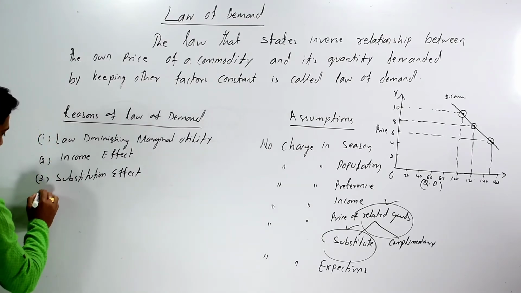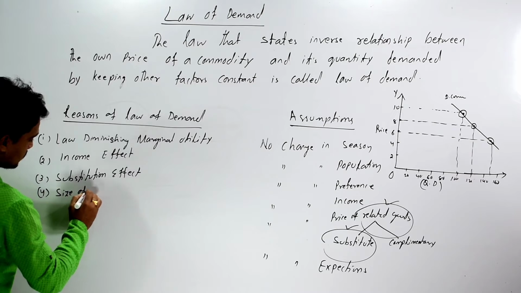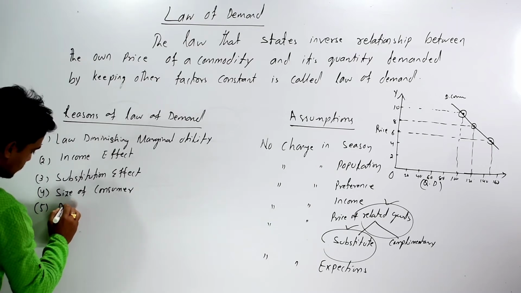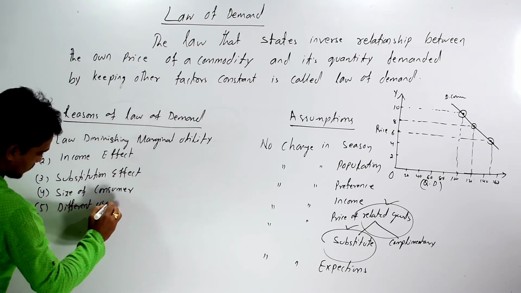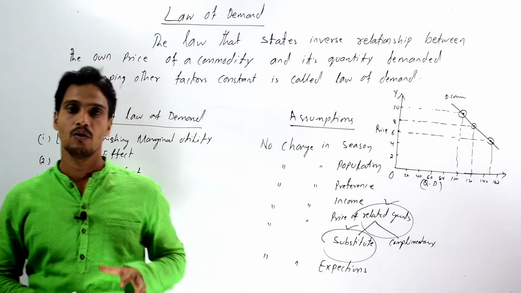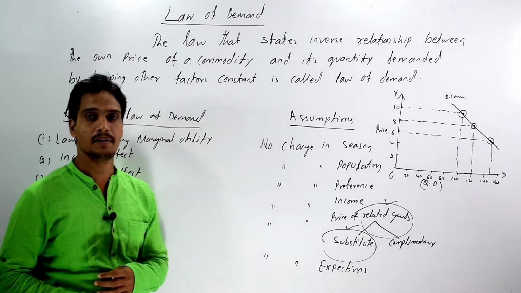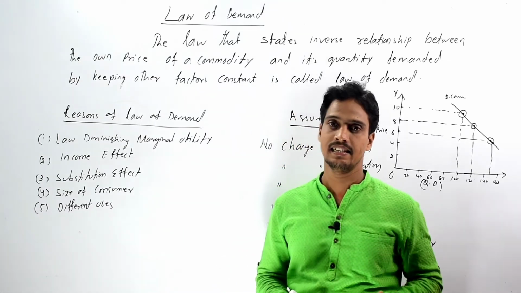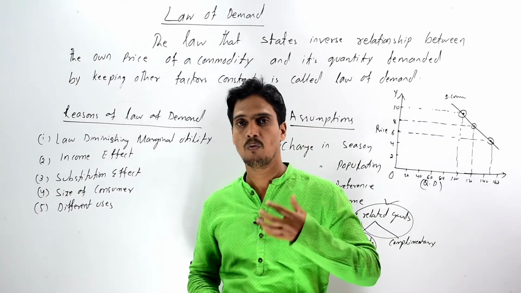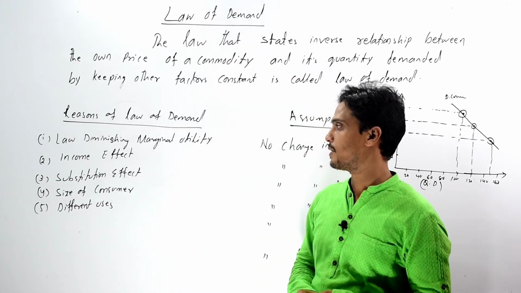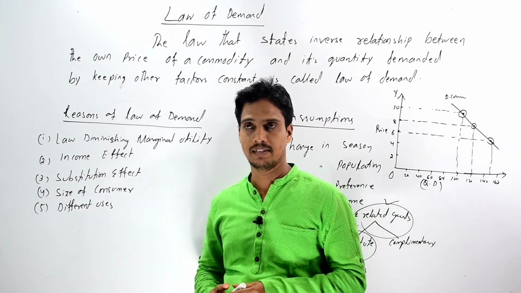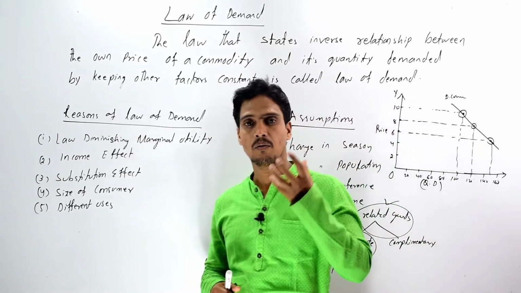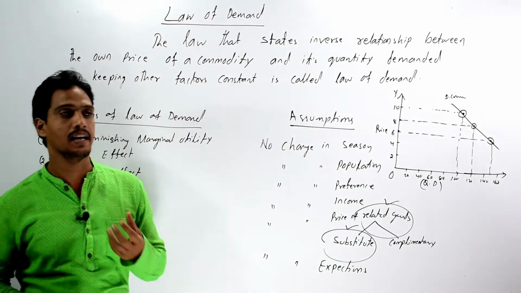Then our fourth region is size of consumer. Then our fifth region is different uses of commodity. So law of diminishing marginal utility, that means the satisfaction capacity of a commodity decreases when we are using more and more of a particular commodity. That means when we are using more and more of a particular commodity, then the satisfaction capacity of that commodity